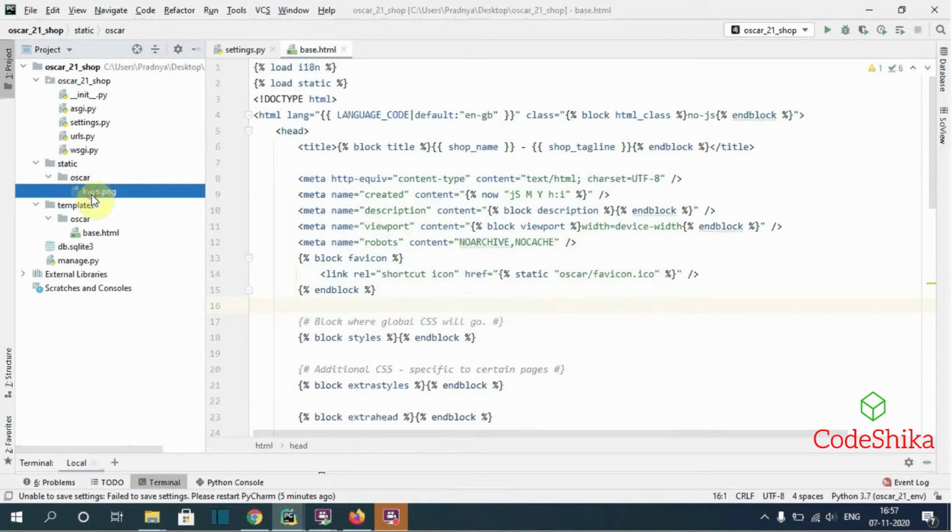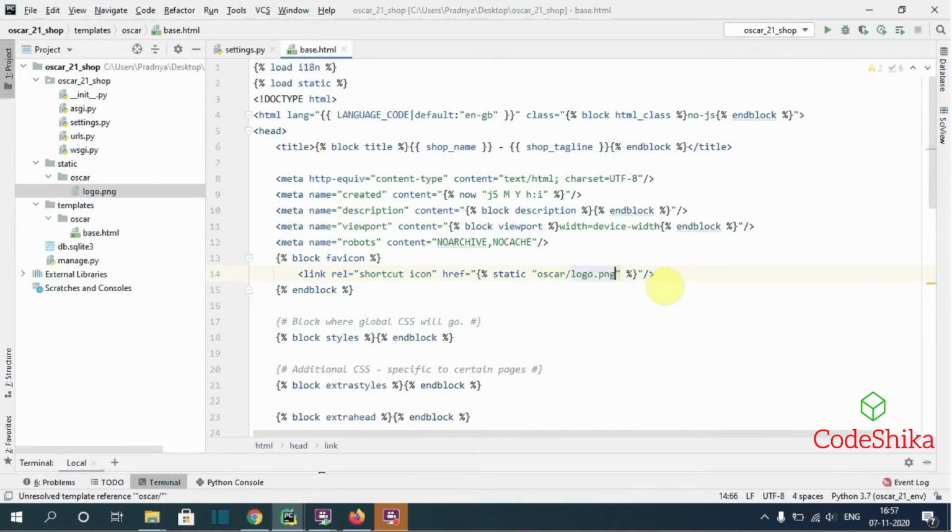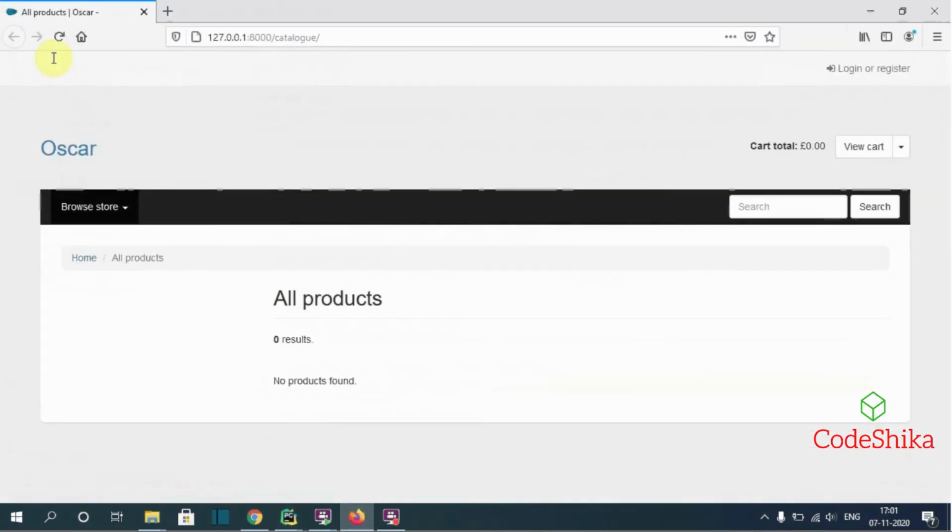So this is my logo. So here I will change the path after oscar/logo.png. Now let's refresh here. Now you can see I have successfully changed the logo.